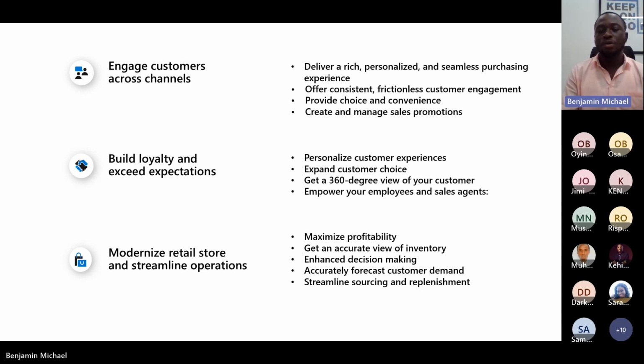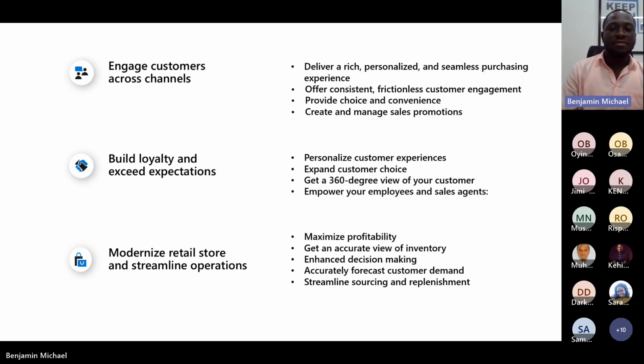Along with this, you are also consistently engaging these customers on all these platforms. So you are giving similar experience on your physical store, on your call center, or on your e-commerce platform. You can also create promotions from a central location across all these channels that you operate. And this gives your customer more engagement and more interest in your business.